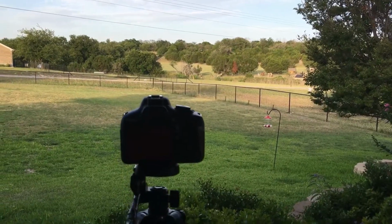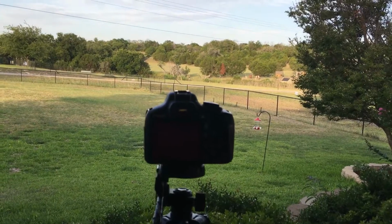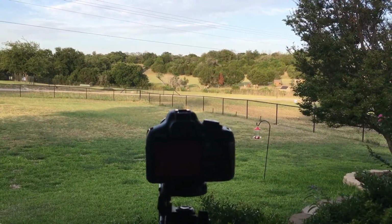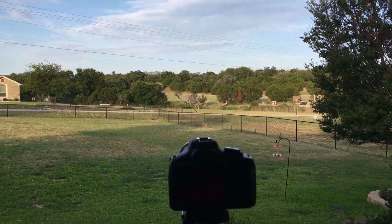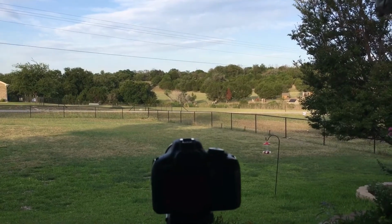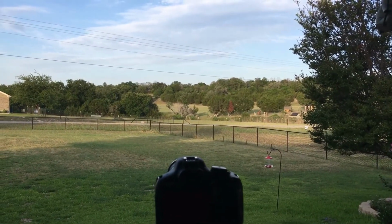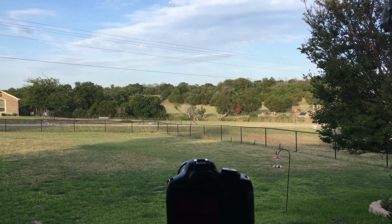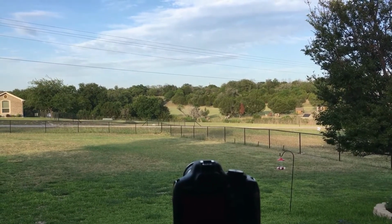Alright, so I got the DSLR set up here in the front yard. I've got the rangefinder out so I can just kind of show you the capabilities. There's a big field out here. You can see it right there. Generally I get a few deer walking across that yard, and I just missed one a couple of minutes ago trying to get the camera set up. And we'll see if another one comes by and we'll range it just so you guys can see the capabilities